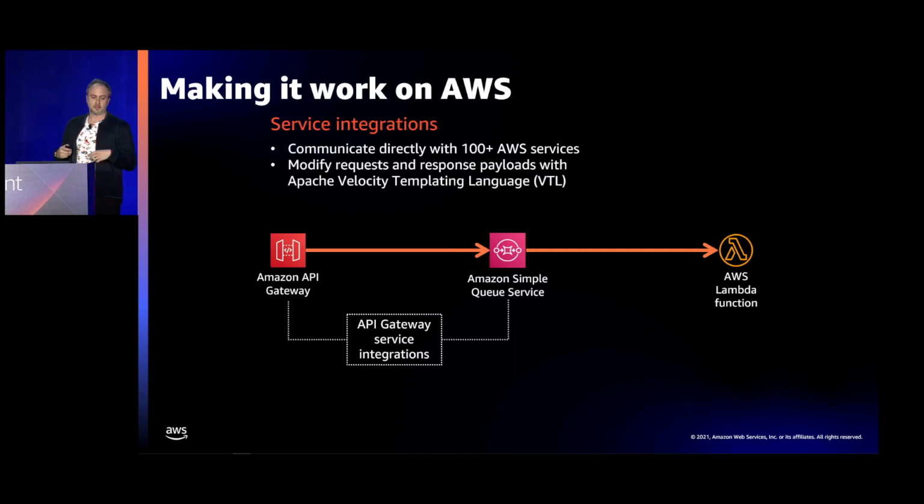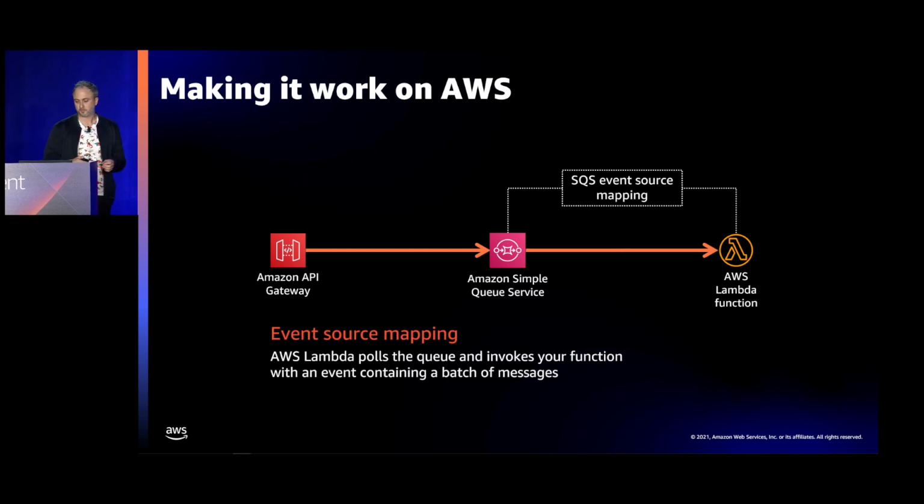So what I do is I use API Gateway, which has something called native service integrations. So this allows me to send a payload from API Gateway to over 100 different AWS services without a Lambda function in the middle. I can send directly from API Gateway, right? And another thing I can do is I can actually modify that payload to some degree before it gets sent on to SQS. And I can modify that payload using VTL, Velocity Templating Language, which again is taking some of that function code out of my Lambda function and putting it into the configuration of other services.